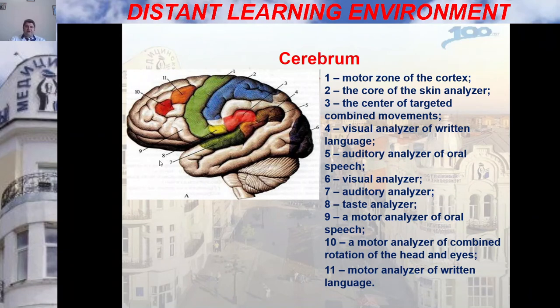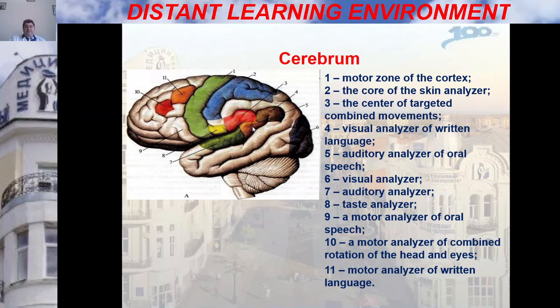Oral speech motor center is in number 9, the posterior part of inferior frontal gyrus, and sensory center of oral speech, of hearing, is in number 5,